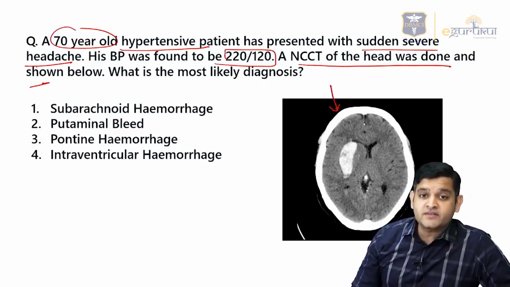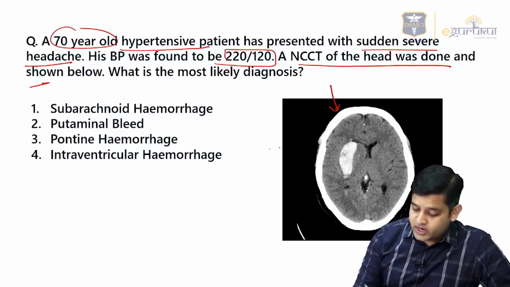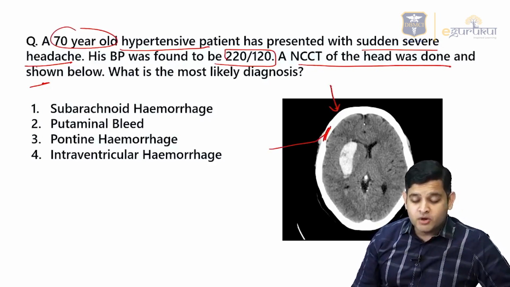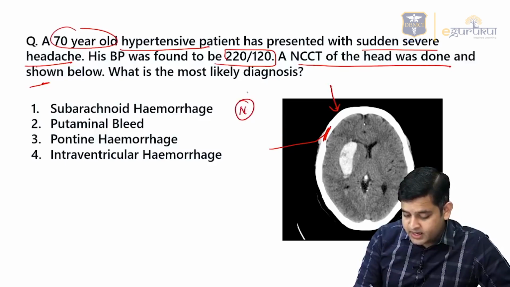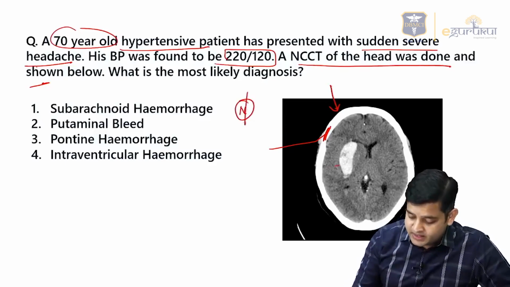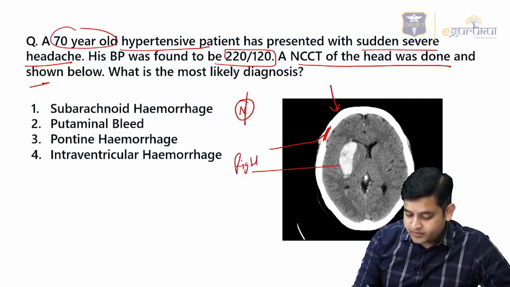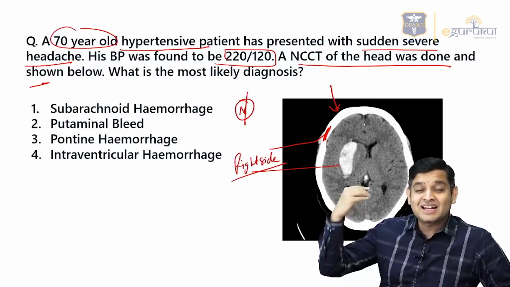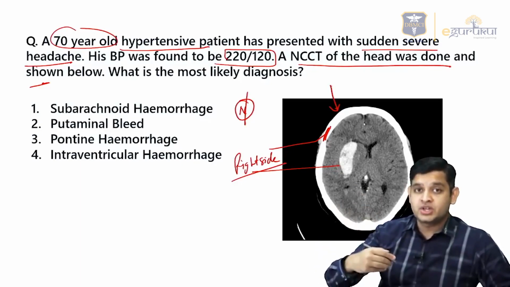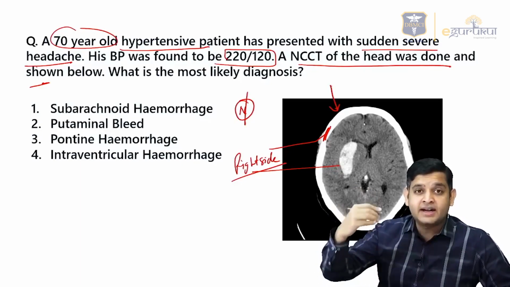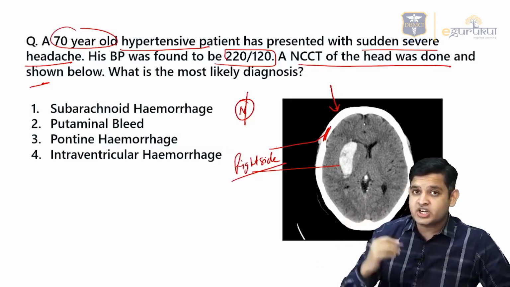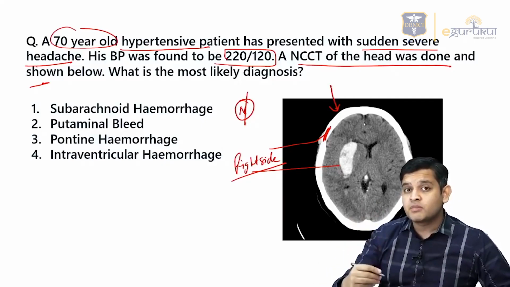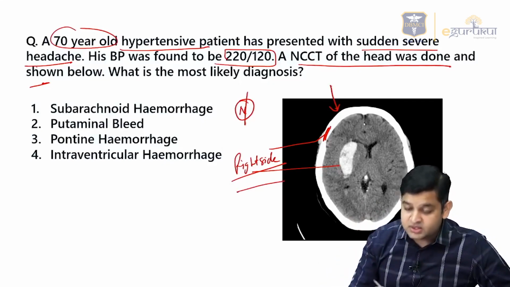First of all, we need to identify that this is a CT scan. Look at the cortical bone. It is so white, so it has to be CT scan. Is it normal or abnormal? This is definitely abnormal. Where is the abnormality? Abnormality is on the right side. Go back to our class and then you will be able to recall it in a much easier way. That is a protocol that we follow in any image. Identify the body part, identify the image, identify the section, then think whether it is normal or abnormal. Now once it is abnormal, where is the abnormality? Abnormality is on the right side.